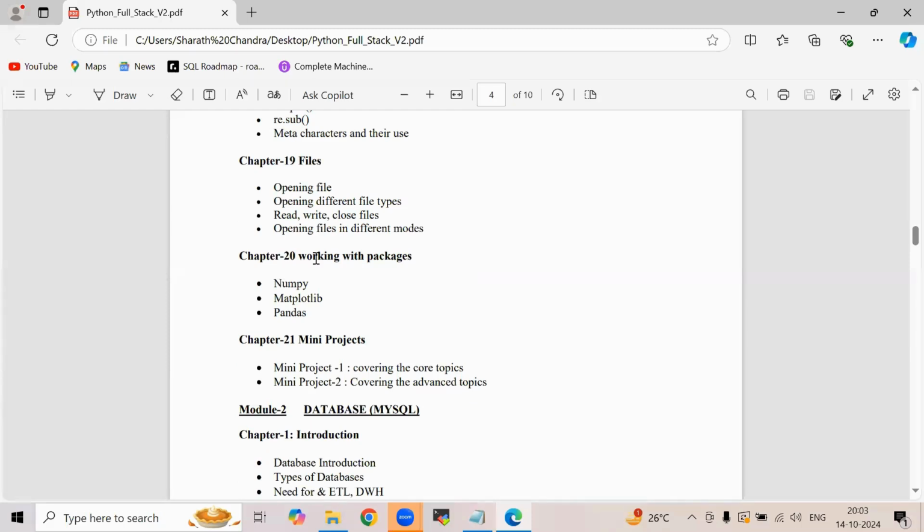In the packages, we go through what is NumPy, how the numerical analysis is made. Now let us suppose some of us want to do a matrix multiplication using Python. So what they will do, they'll simply import the NumPy module and they will perform the matrix multiplication just like that. Okay, so that is how, if you do any mathematical things, the NumPy package we use. And then what is the use of matplotlib?